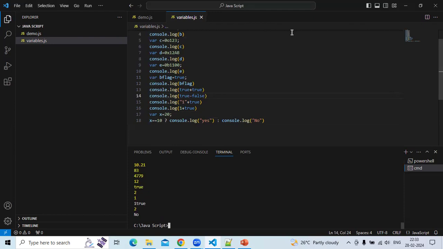Okay. In the next class, I will discuss how to store variables using strings and all, and what the differences are between